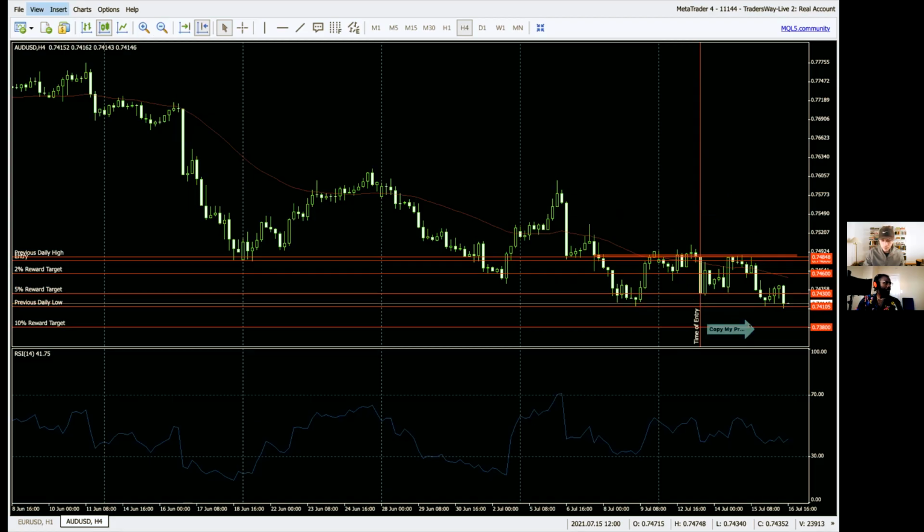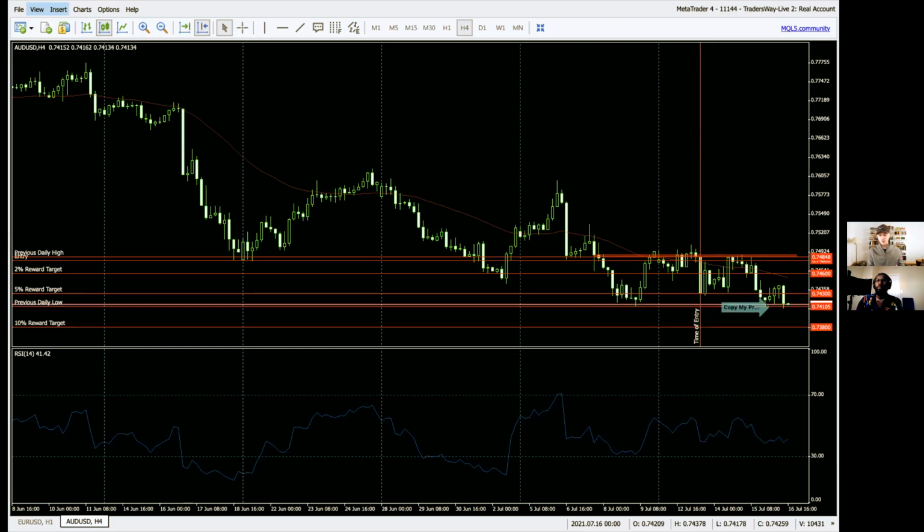And then our 10% reward target is going to be down here at 7380 for 100 pips. So what we're looking for, in anticipation that this continues down, is a break. You can see we had this zone right here that started to form, and it held this level before pushing back up, came down, retested right around here, came back up, and now it is back down at this overall